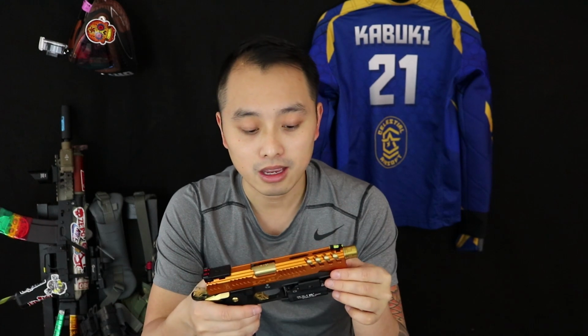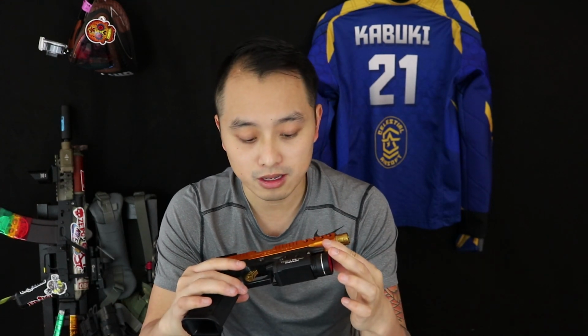Last thing I would like to add in the first part of the series is the recoil buffer kit. The recoil buffer kit helps extend the performance of your Hi-capa stock slide because it minimizes the impact of going back and forth, and it extends the life of the slide a little bit longer if you're really balling on a budget. Otherwise, you can leave it out, and if the slide cracks, you can always upgrade to